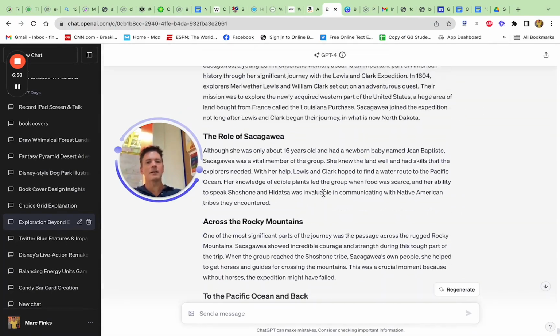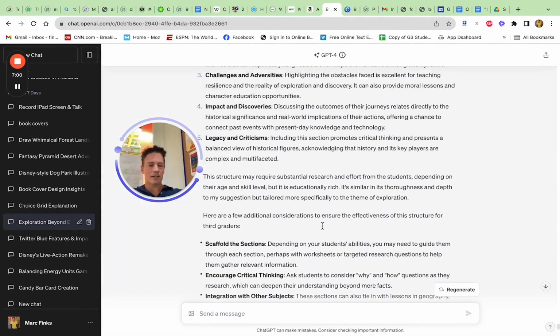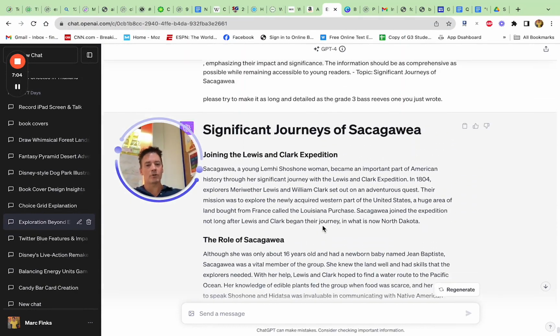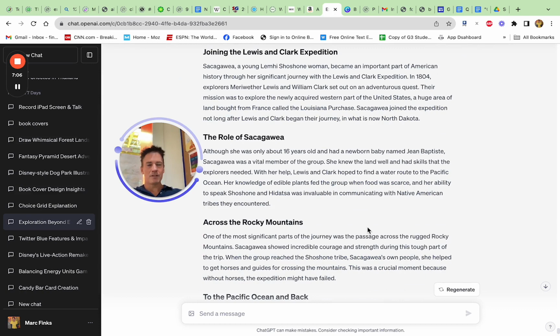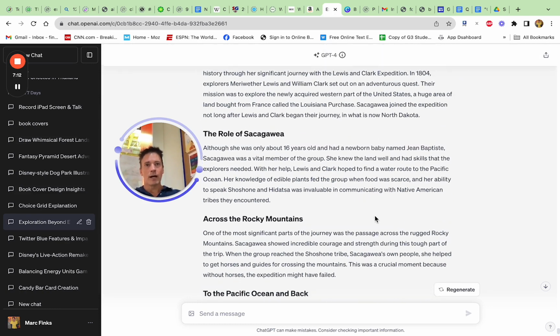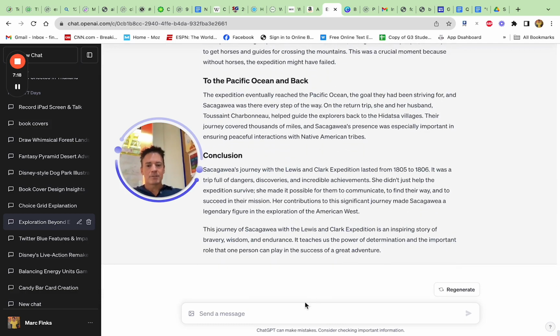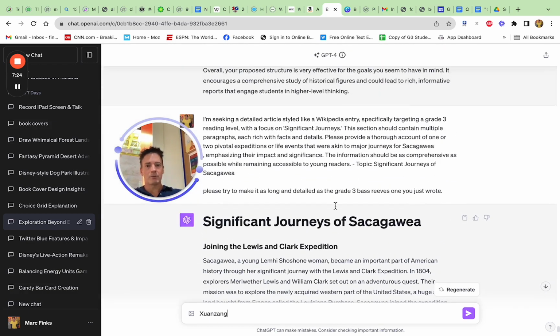As you can see here, this is not as long as Genghis Khan, which is fine. The goal is for us to have like 4 or 5 different reading articles at the same level for the students to pick out information, collate it together, synthesize it, and then make their own. We're doing it on Canva. They have to do a research document on Canva. So now the next person is Xuanzang. Same thing, I'm just going to copy this.